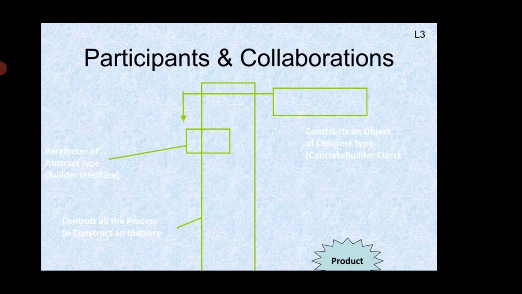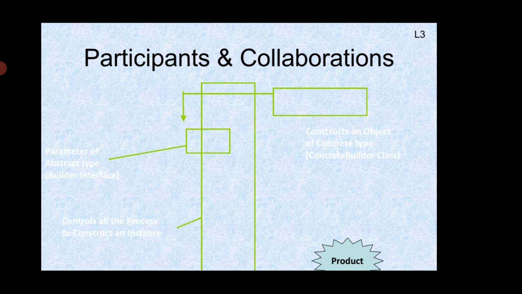Next is the concrete builder, in this case the ASCII converter, text converter, and text widget converter. They construct and assemble the parts of the product by implementing the builder interface, controlling the whole process of constructing an instance.